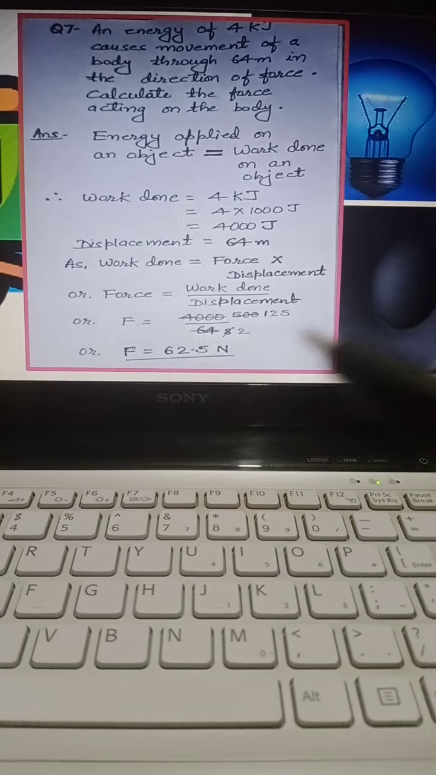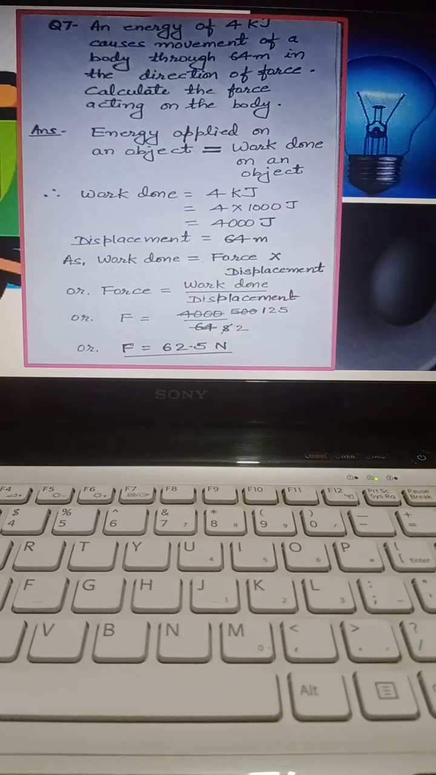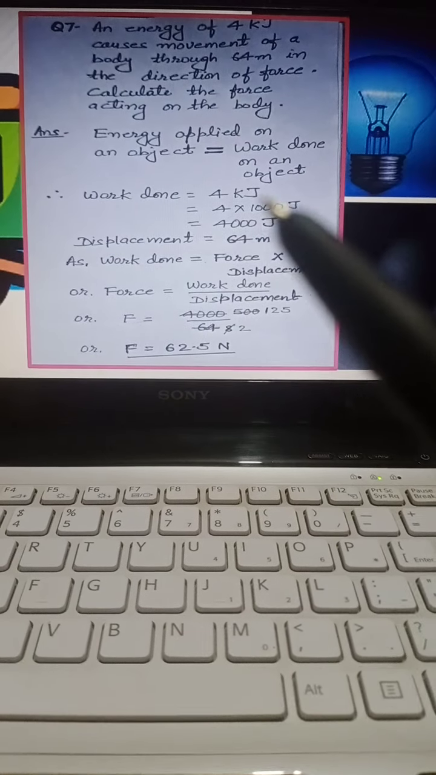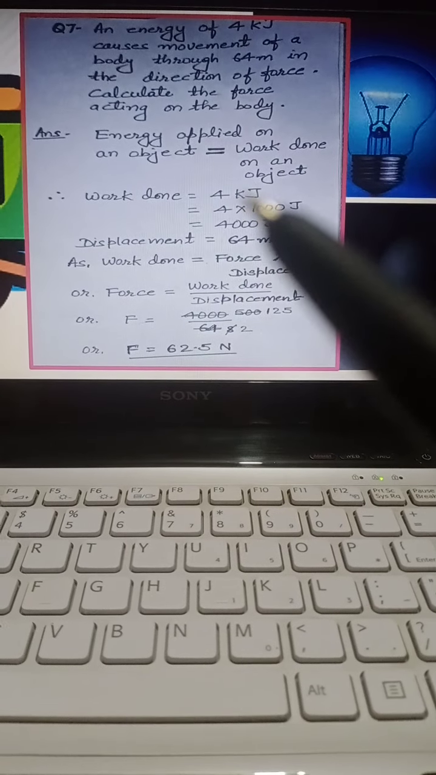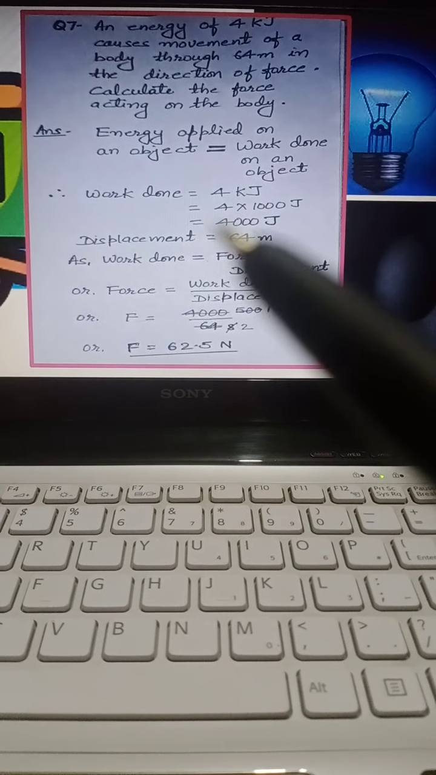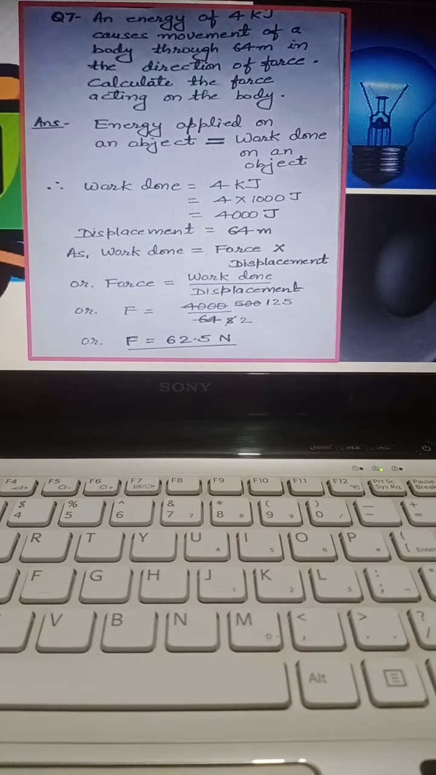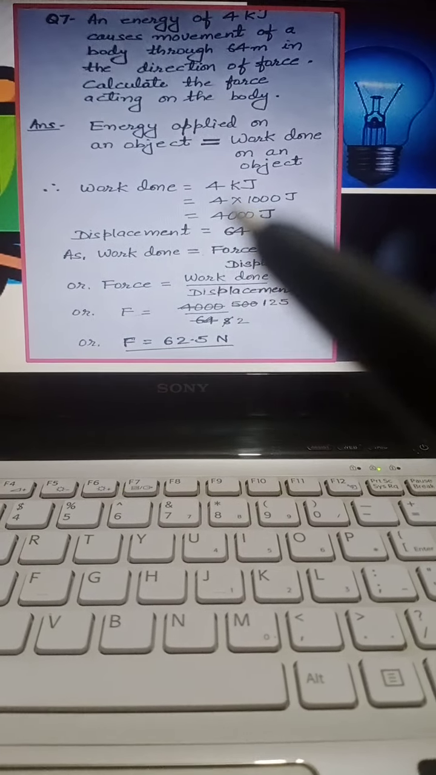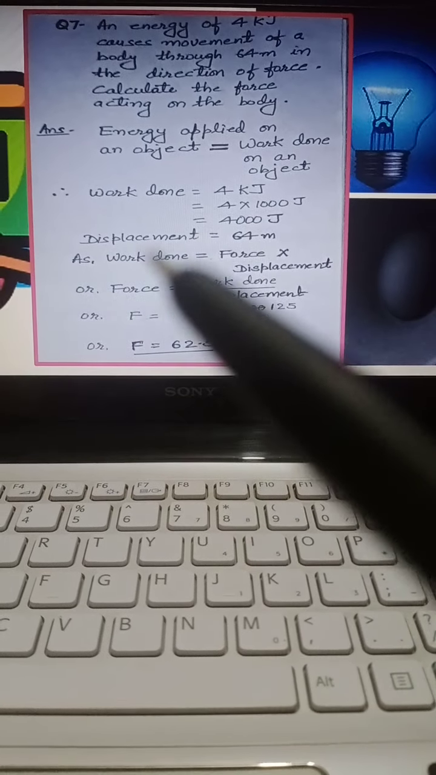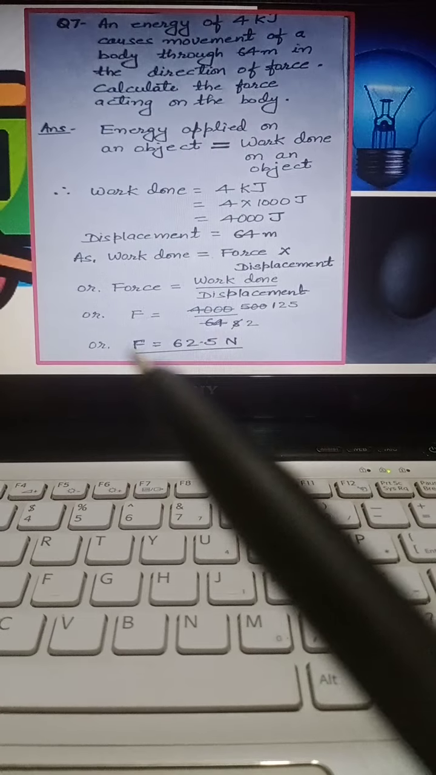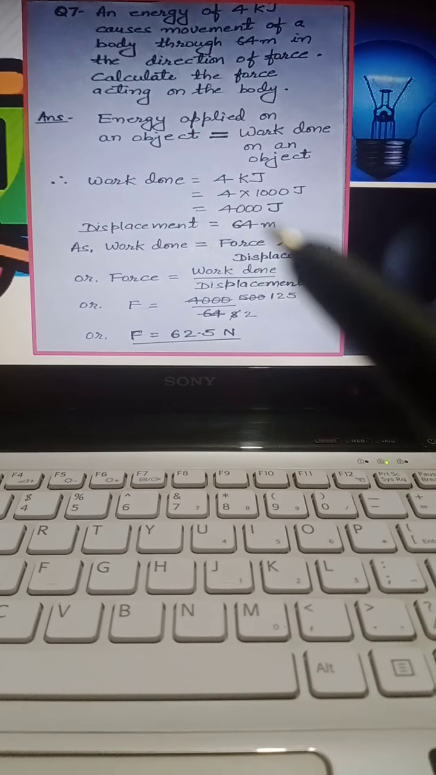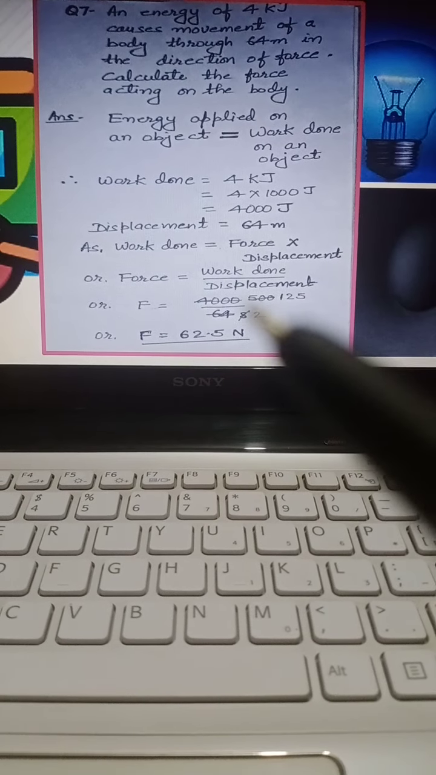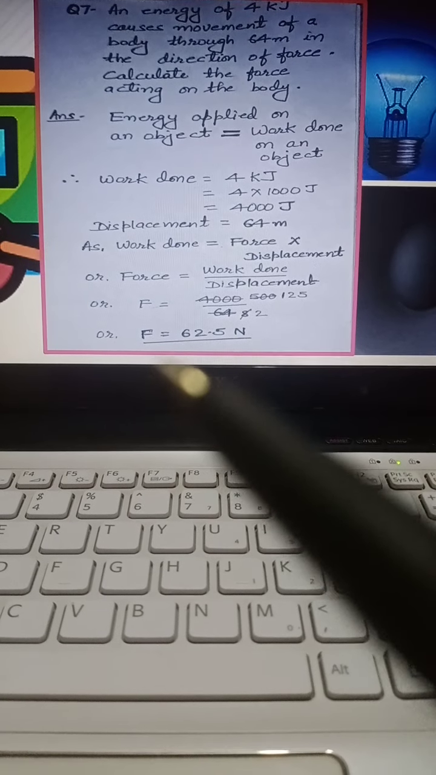As we all know, energy applied on an object is equal to work done on the object. So therefore work done is equal to 4 kilojoule. We have to convert this 4 kilojoule into joule. We use the formula 1 kilojoule is equal to 1000 joule. So 4 kilojoule is equal to 4 into 1000, which is equal to 4000 joule, and displacement is given as 64 meter. Work done is equal to force into displacement. We have to calculate force, so force is equal to work done by displacement. Then we divide 4000 by 64, and we get the force is equal to